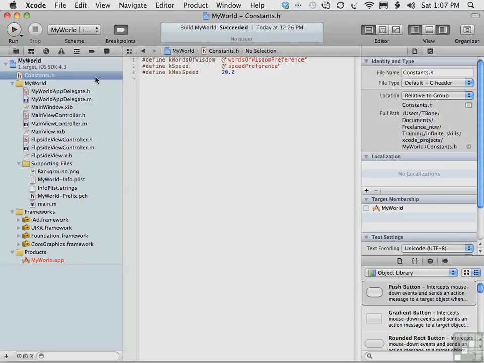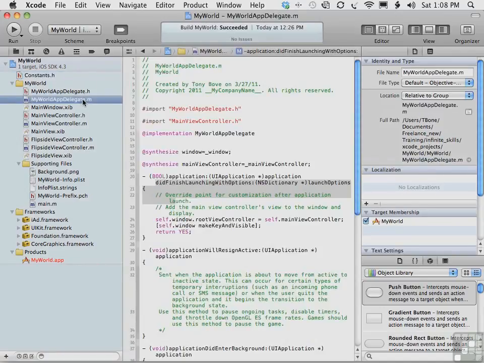If your app receives the NSUserDefaultsDidChange notification, the appropriate response would be for your app to reload the settings data and behave appropriately. To get that notification, you need to register for the NSUserDefaultsDidChange notifications message. And you do that here in the MyWorldAppDelegate file, in the application:didFinishLaunchingWithOptions: method. So let's add this notification system first to